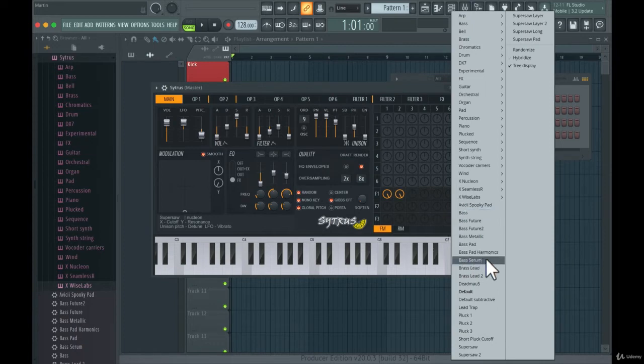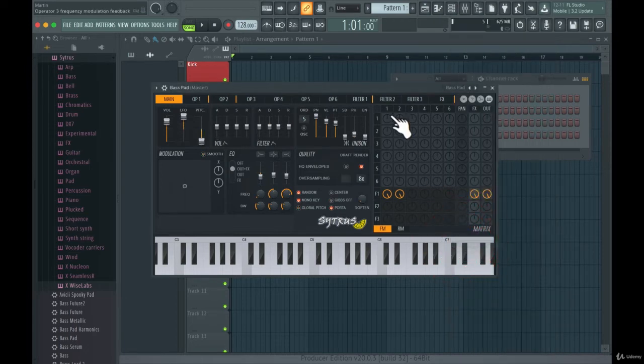I think I know what kind of sound I want to use. I want to use some kind of bass pad here, because I think that's the sound that's used in the original track. I think that may be the sound.